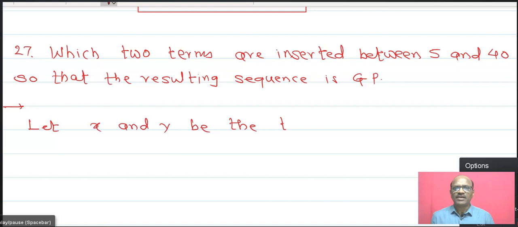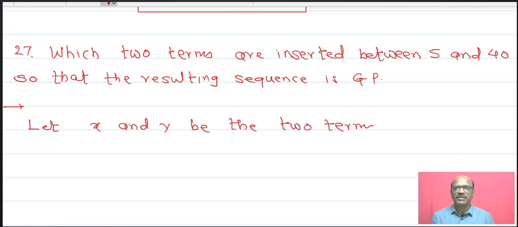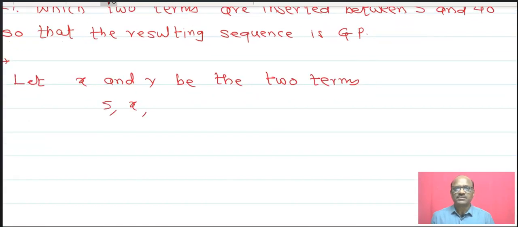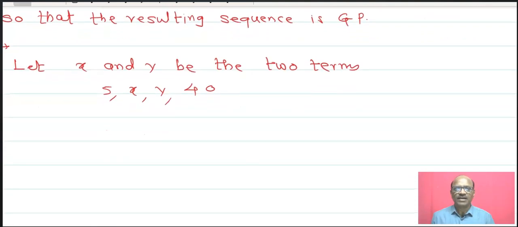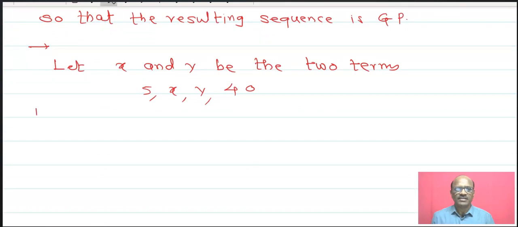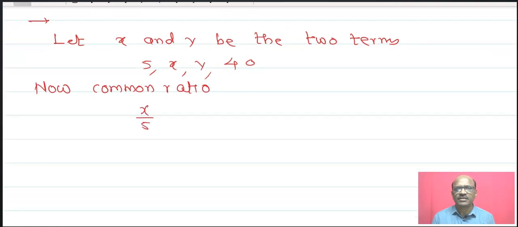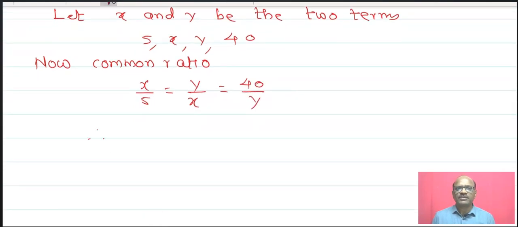Let x and y be two terms, that is 5, x, y, 40. Now, the x and y are the two terms in between 5 and 40. Now, in this case, the common ratio is x upon 5, y upon x, and 40 upon y is constant. Therefore,